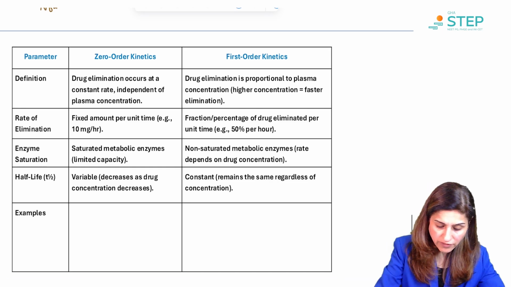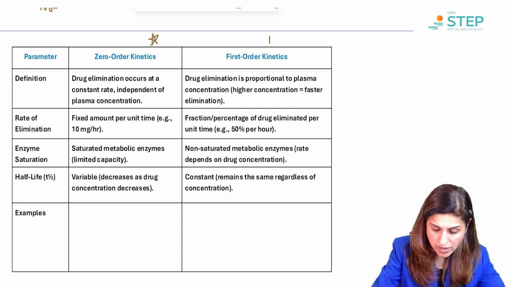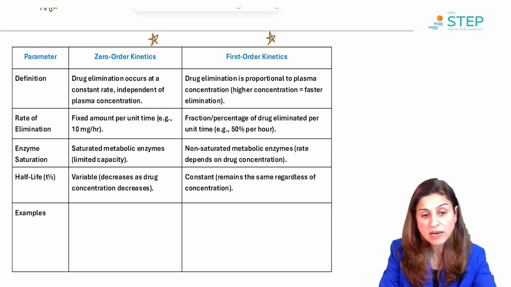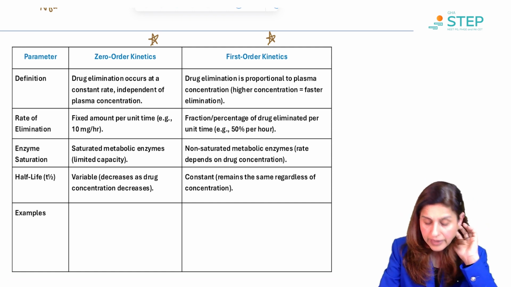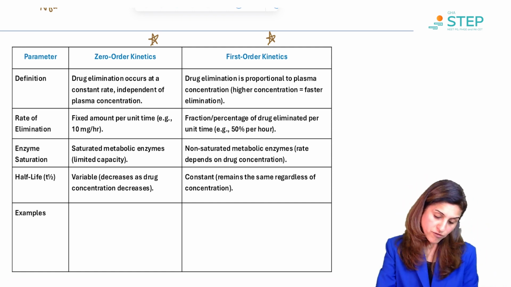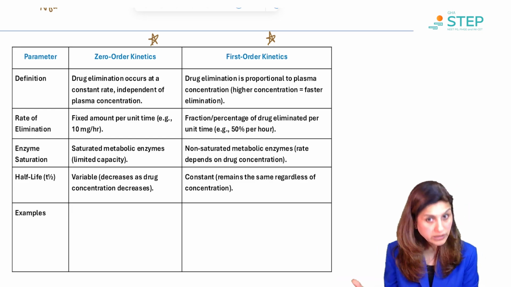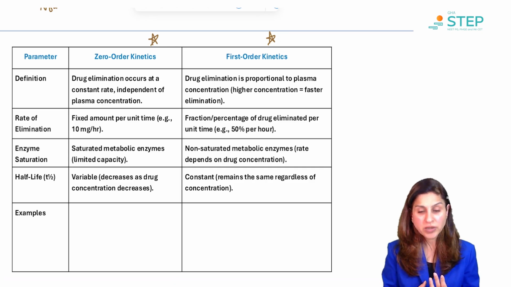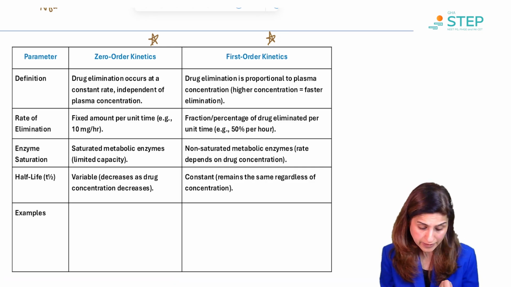So this is another very, very important concept about zero order and first order kinetics. So what is important about this? See, zero order kinetics, first order kinetics. First order kinetics are good kinetics. Everybody wants to come first. Zero order kinetics are not considered to be good, because here the enzyme gets saturated and there are more chances of toxicity.